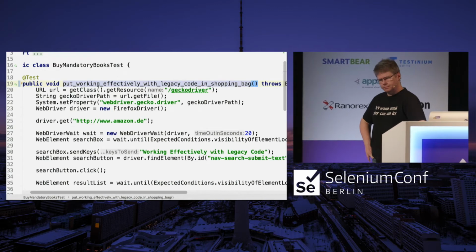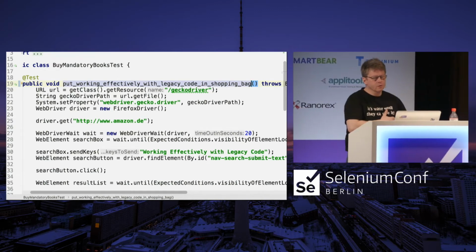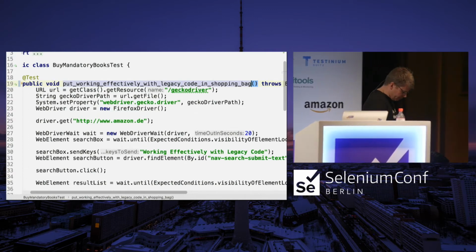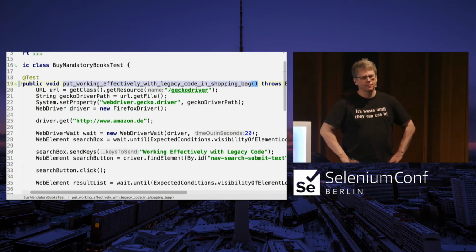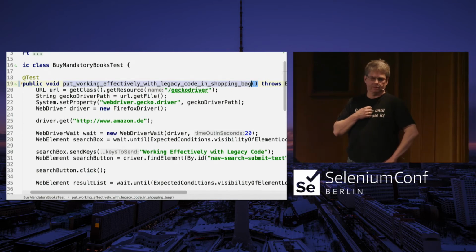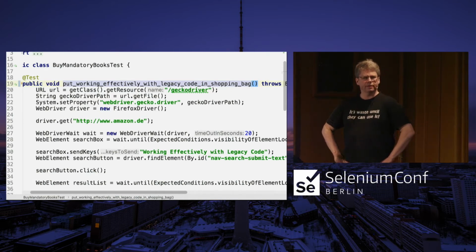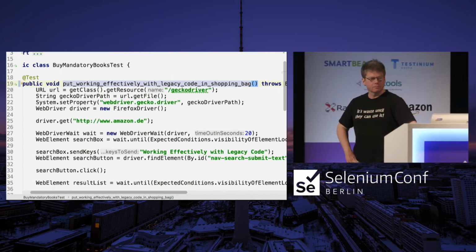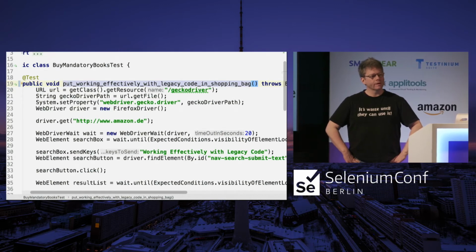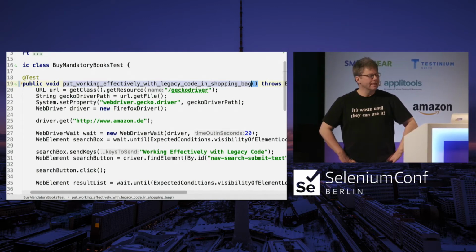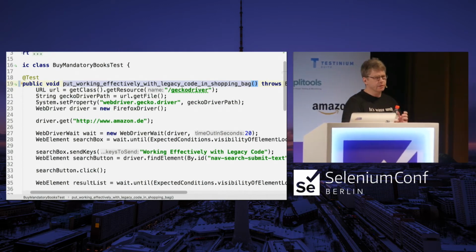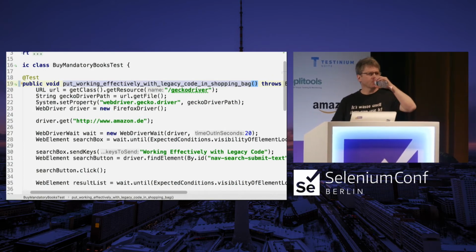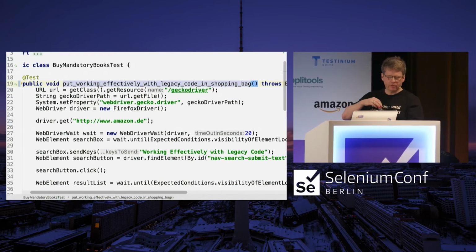Why do I use underscores instead of camel casing? Well, it's because I have a cataract, and it hurts my eyes. Well, I do have cataract, but yeah, in the camel casing, when I want something this long, it actually hurts my eyes. I want something that I can read. So therefore, I'm breaking the Java convention and using snake casing in this case, just because it's easy to read. And not everyone agrees on that.